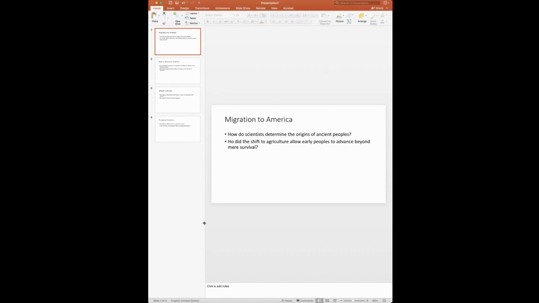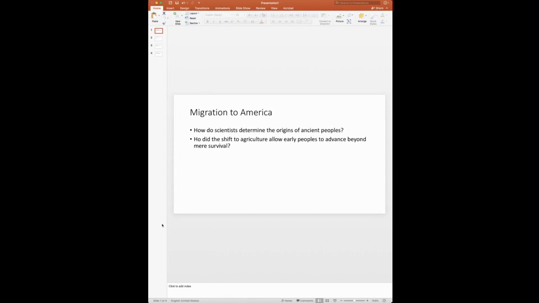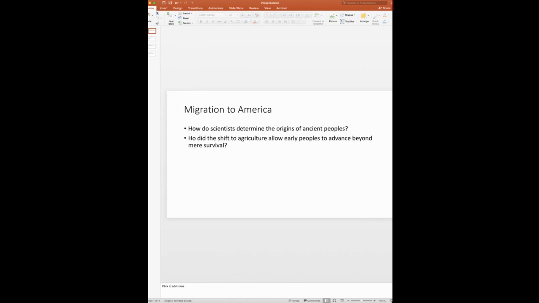Okay. So I do want to talk a little bit about where we are and what we're studying. We're starting off with what some know as prehistory. We're taking a look at the migration of peoples to the Americas. The purpose for this is that it gives us a starting point in U.S. history.